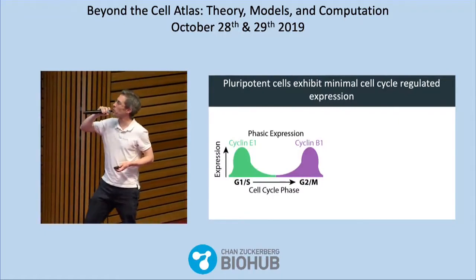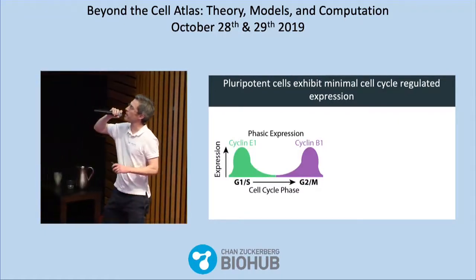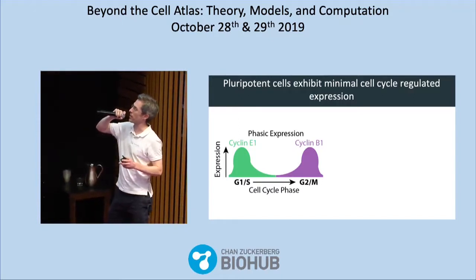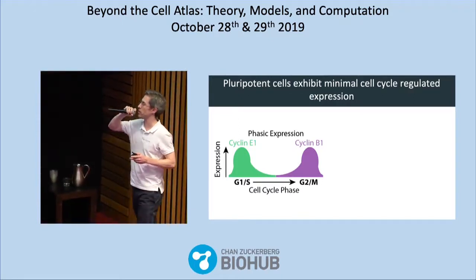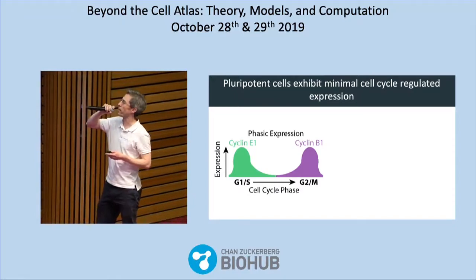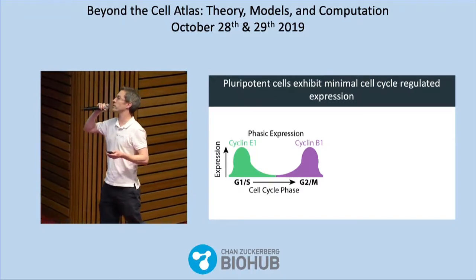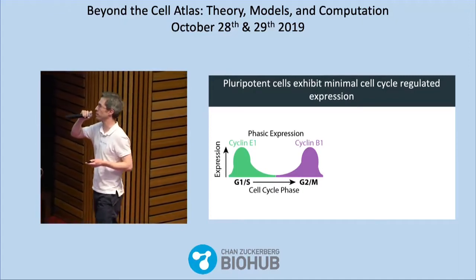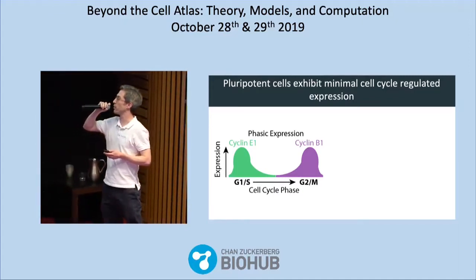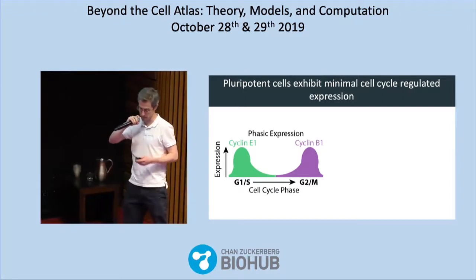So we're interested in the coordination between proliferation and differentiation. We all know the cell cycle is regulated at a number of different levels, one of which is transcriptional control. You're looking at a schematic of how that plays out here. There are certain genes that are preferentially expressed before transitions during the cell cycle. Look at cyclin E, which is preferentially expressed before the G1/S transition, as an example.